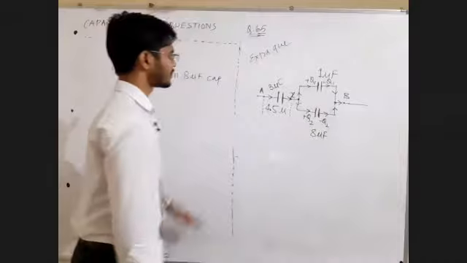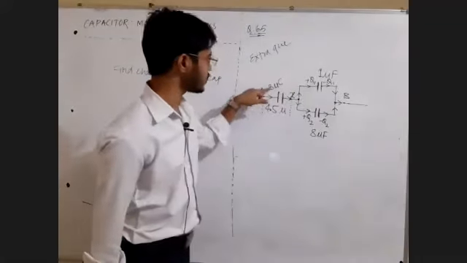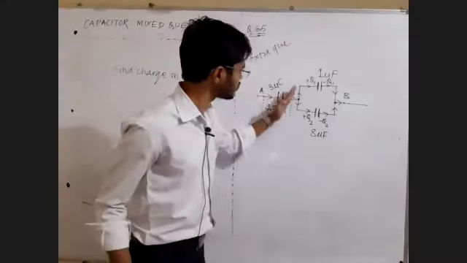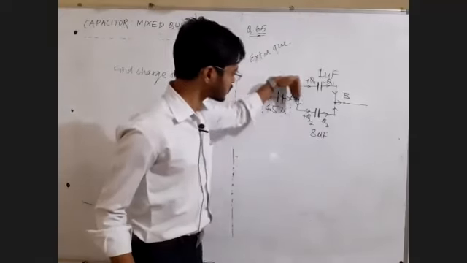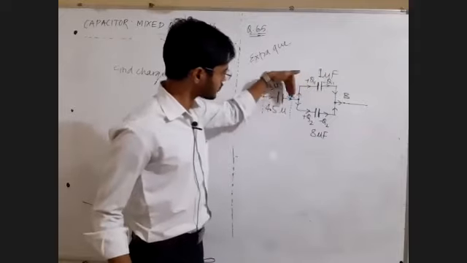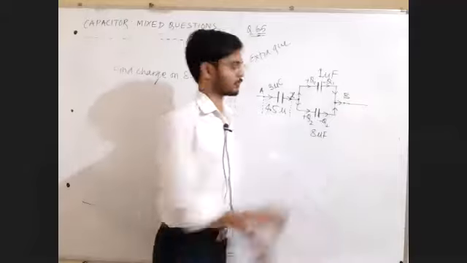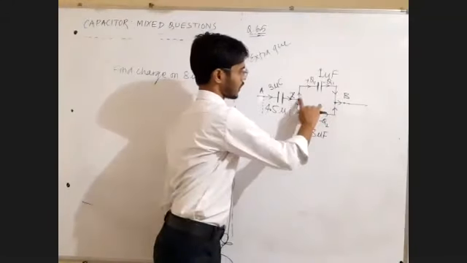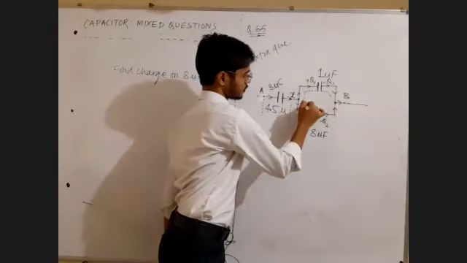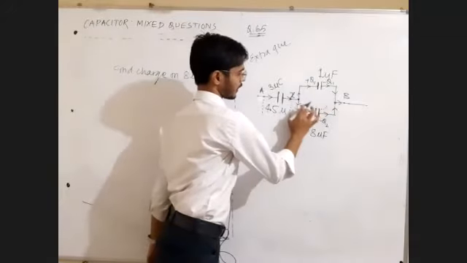Now very simple. Some charge is already flowing in this branch. What is the charge which is flowing in this branch? It is 3 microcoulomb. That you should understand first. That 3 microcoulomb, some charge will split up, some charge will split down. So some charge will go in the upper branch, some charge will go in the downward branch, and it will again combine and again flow to B. Like this one and this one.